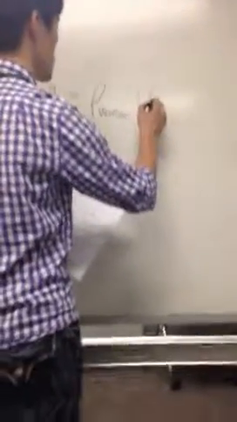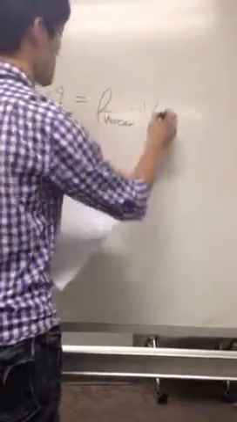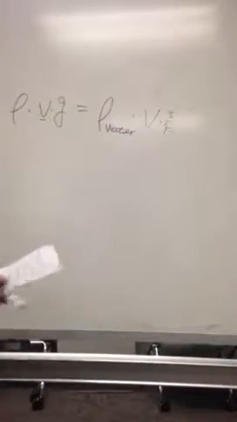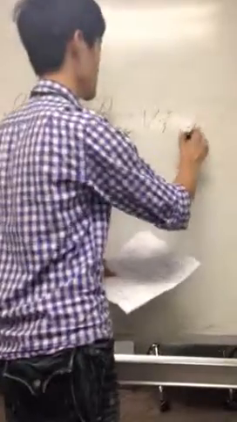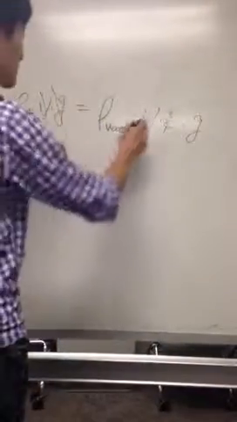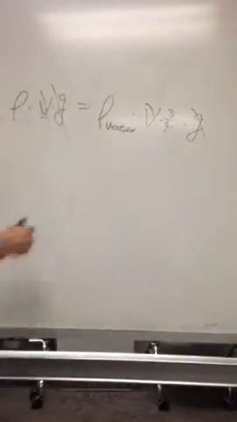The weight of the water is the density of the water times the volume, which should be the volume here times 3/4. There's only 3/4 inside the water. Times G. Okay, so we cancel these, cancel these. So